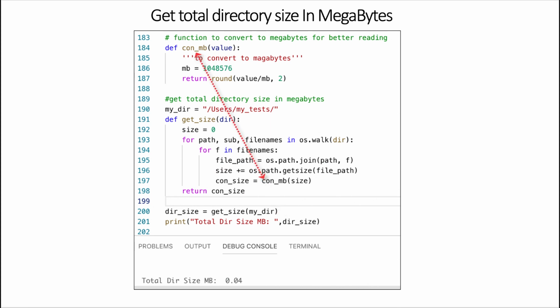That's our caller. We pass it size, which is that iteration of that empty integer, right? Every time we go around, we're going to add path and file to that. So we get each successive size of the file, and we just keep adding it there to get to our total size. Then we return con_size instead here, which is our caller, and that gives us our total megabytes